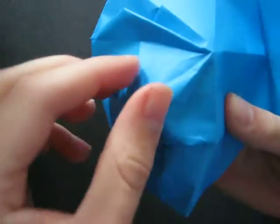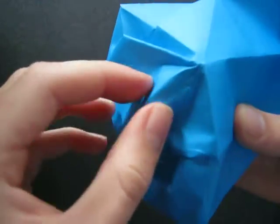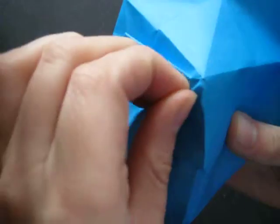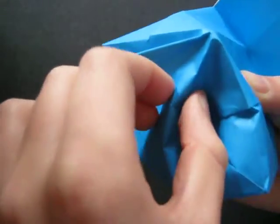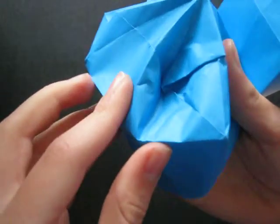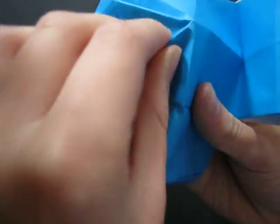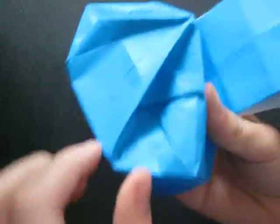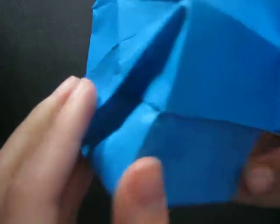So see right now this crease there, we want to make mountain, so that, and we want to kind of, you want to make sure you're going right along the crease. Okay, so there we go. And then that's one crease. The middle crease is making itself, and the other crease,